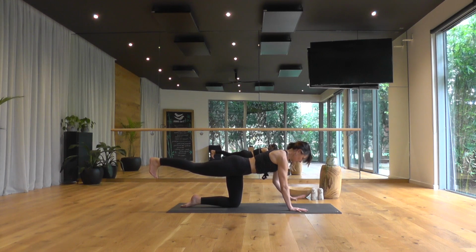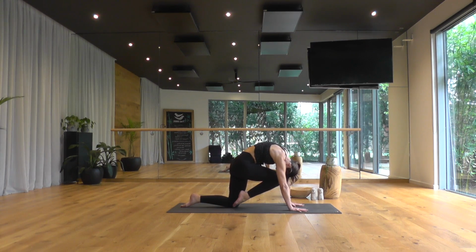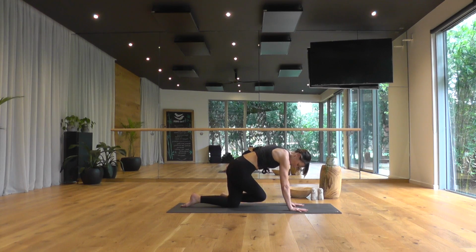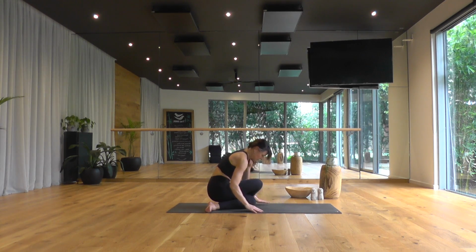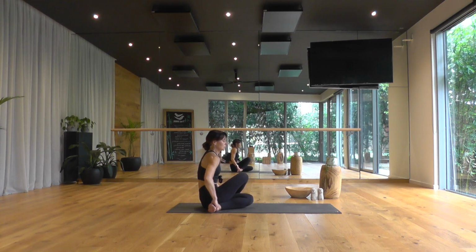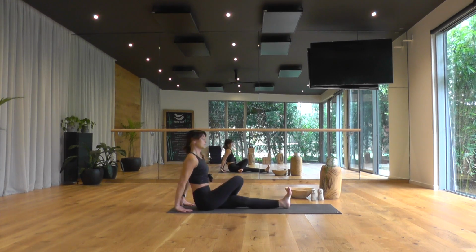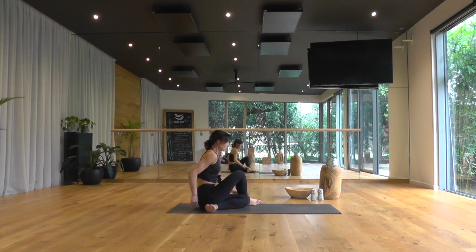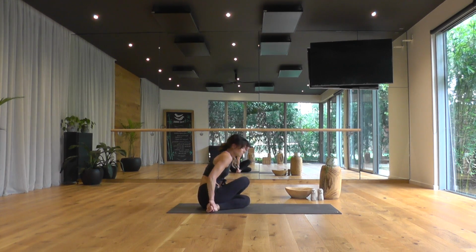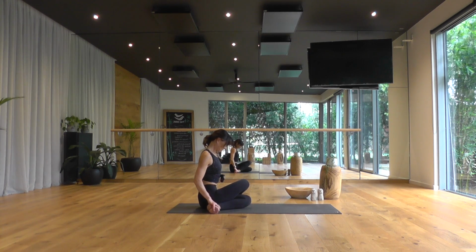Exhale, left hand to the floor. Hug your right knee in toward your chest and thread it in front of your left knee. So you come to sit with your legs crossed in cow legs. And if this is too uncomfortable for you, do extend your left leg out straight with your right leg on top. And once you're comfortable, the soles of your feet are pressing or looking back to the back edge of the